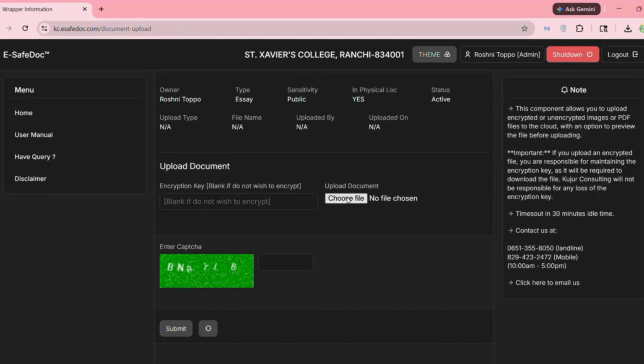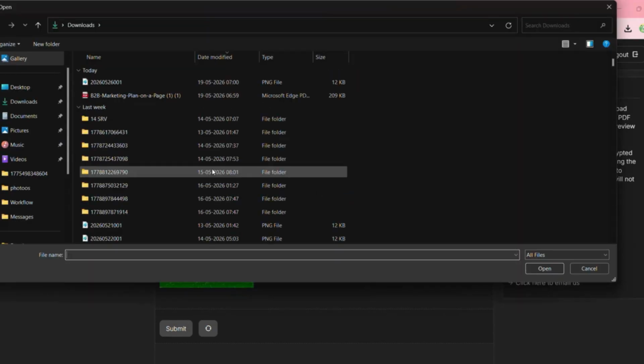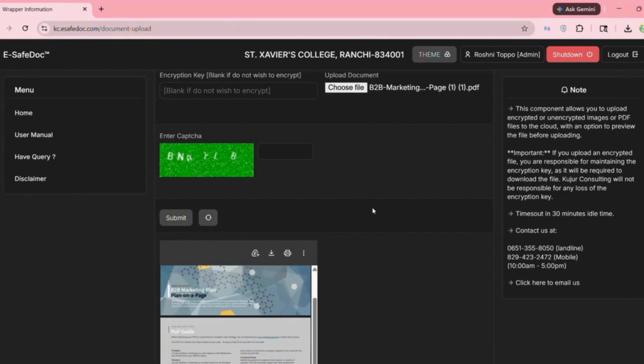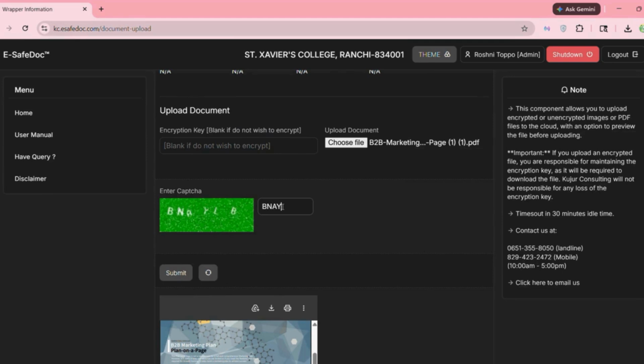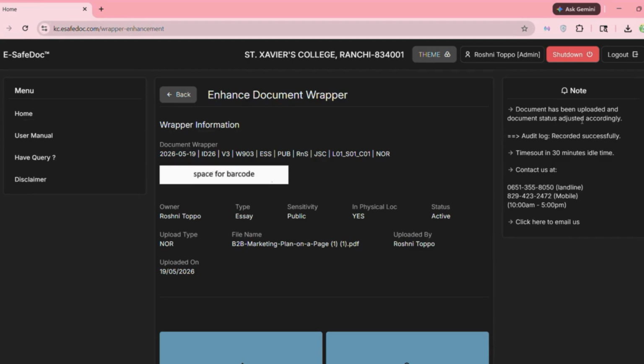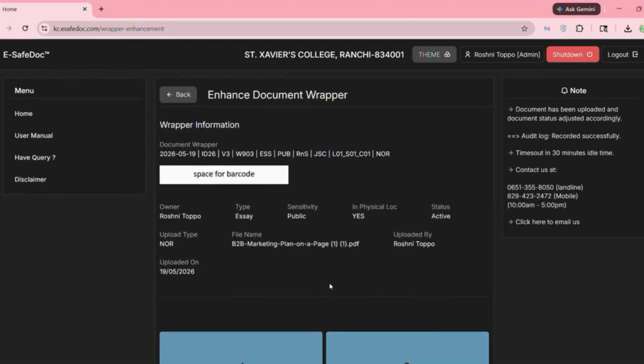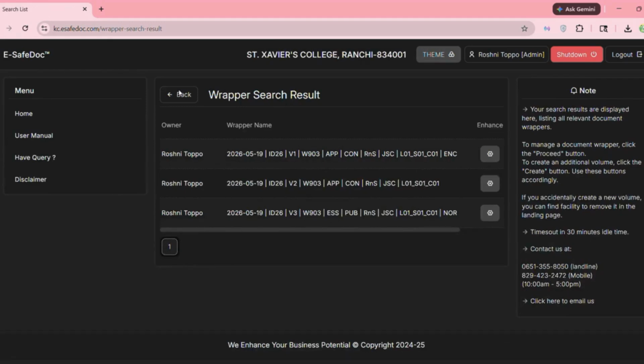Let's upload the file without the encryption key. Here NOA indicates that a normal file is uploaded. Here you can see that all the volumes of the wrapper are stacked together.